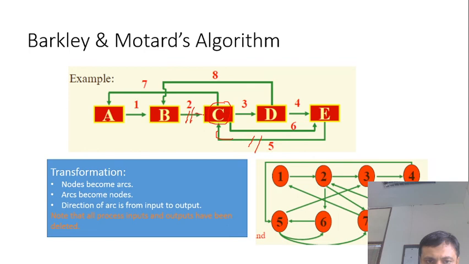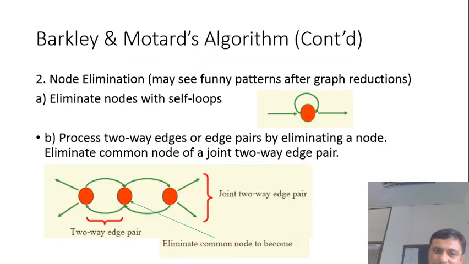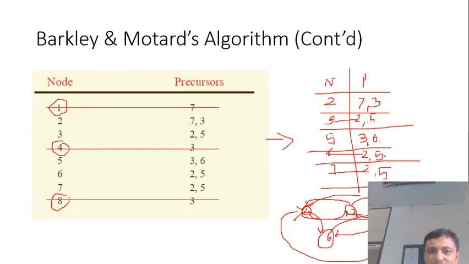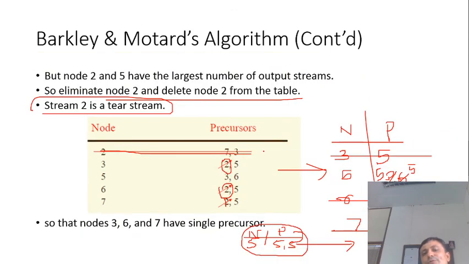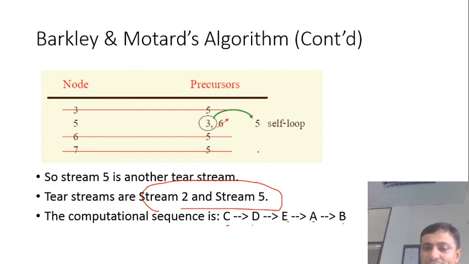So I initialize this, I solve for C, then I go to D, then I go to E, then to A. From C I can go to A and B. So C, D, E, A, B, C updated, and I have to keep on updating till the 2 tiered and 2 updated, 5 tiered and 5 updated are merging. Right, so this is something which I have to apply when I want to use the Barkley-Motard algorithm. I hope it is clear how to apply the Barkley-Motard algorithm. Thank you.